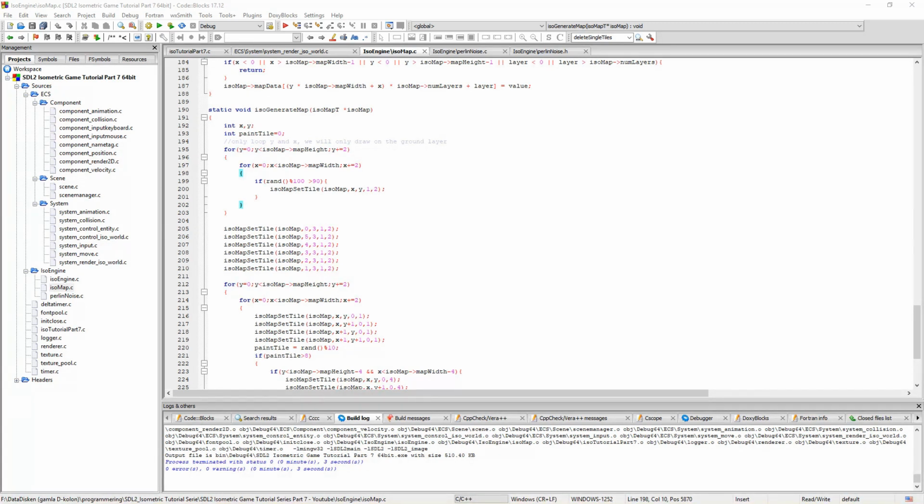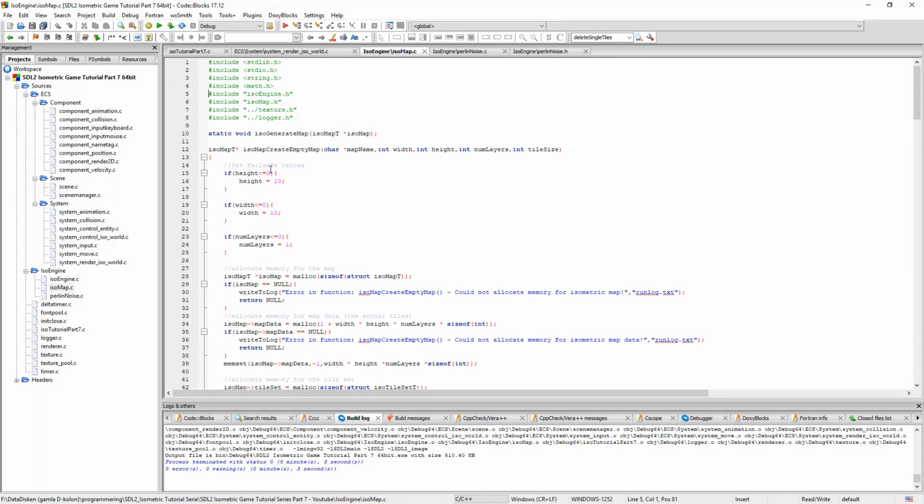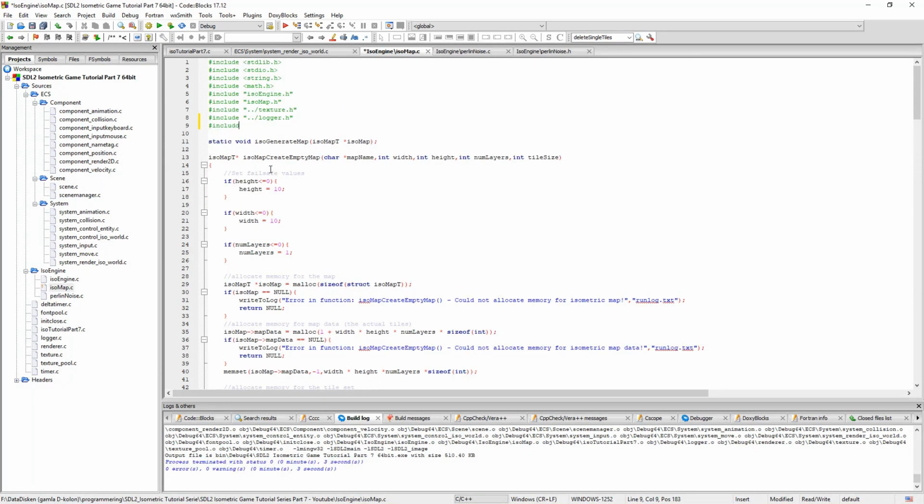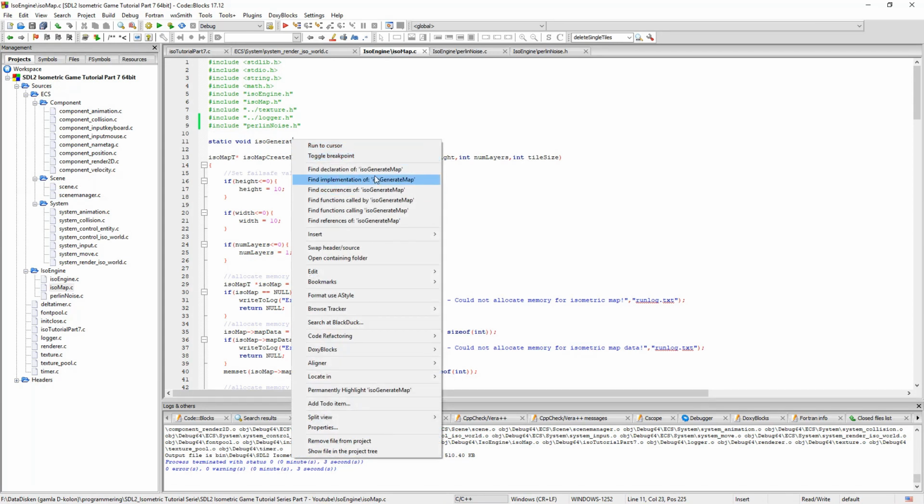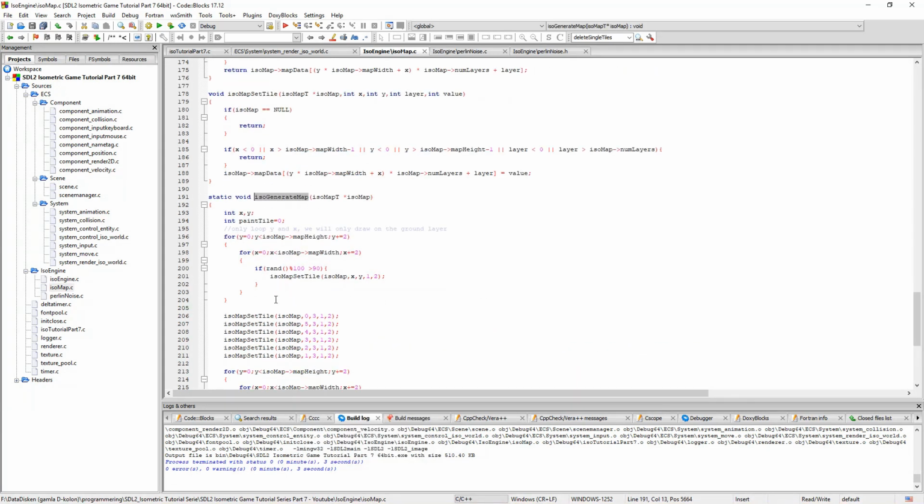And we are gonna create our terrain. First of all, we're gonna need a noise map. We can start by actually including the Perlin noise.h, so we can have access to our files. Find implementation. Here we go. And in here we are gonna say that we want to have